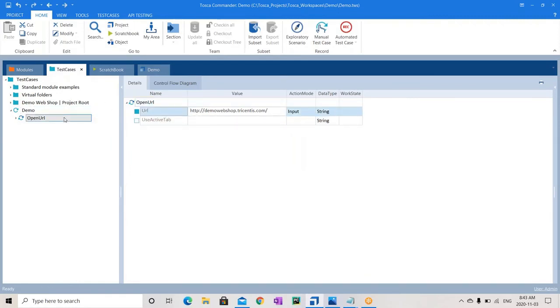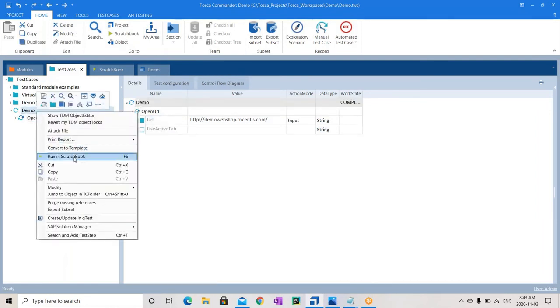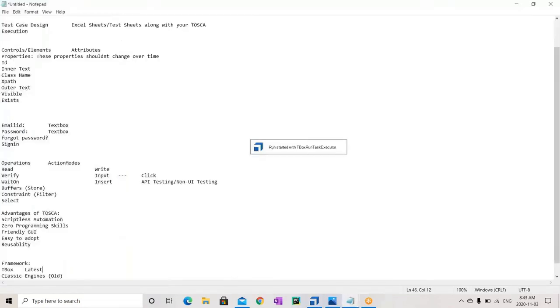So now I am asking Tosca to open this particular demo web shop URL. Let's just quickly run it. We have a feature called Scratchbook in Tosca. It is nothing but a temporary thing. It will not store any logs and all.